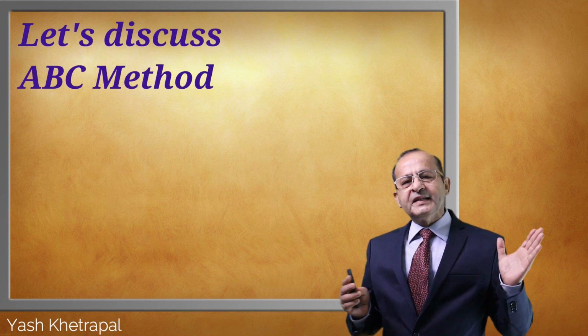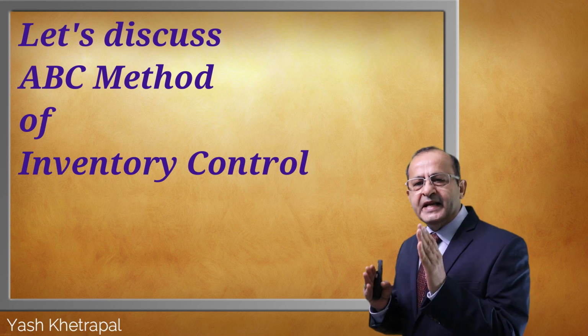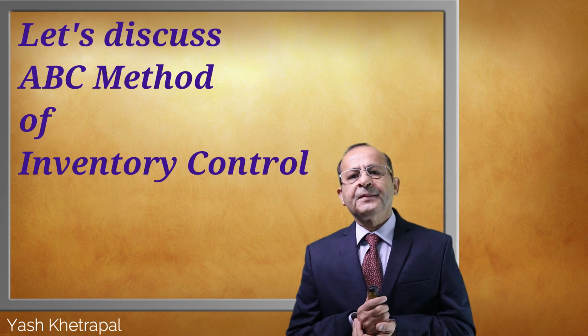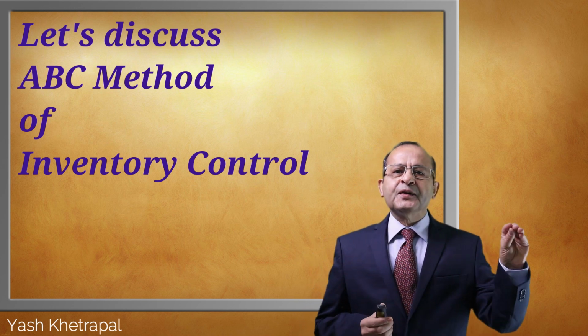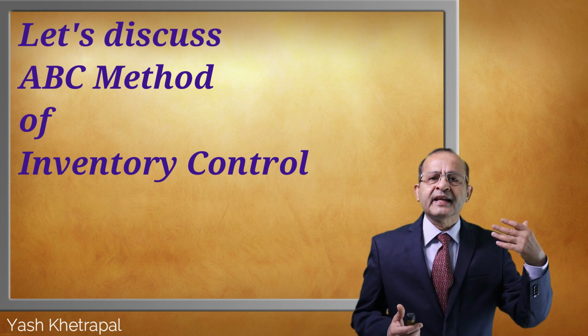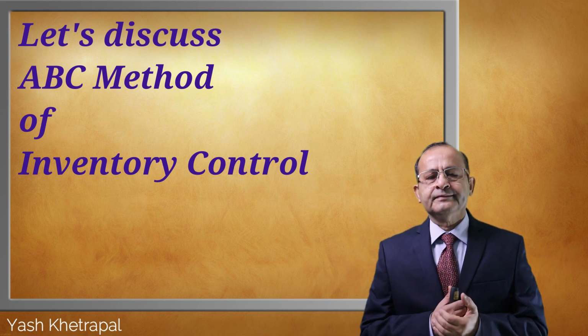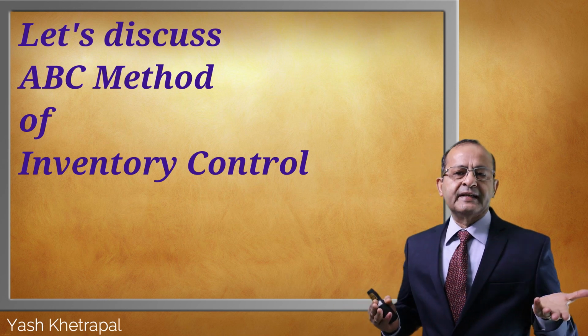In the industry, we talk a lot about inventory control. Among various methodologies of inventory control, one important one is ABC analysis. But what is ABC analysis? You ask a normal person, what is ABC analysis? This is so simple. Expensive items, A class. Medium items, B class. And least expensive items, C class.